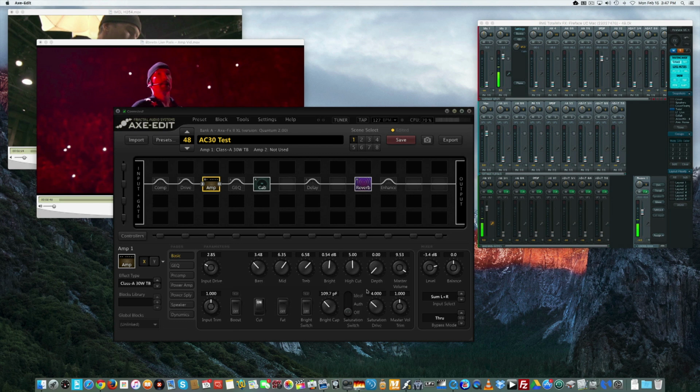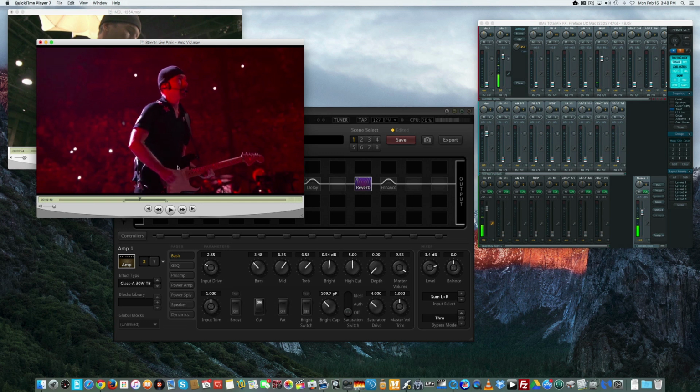And this is what's so great about the Axe, because each one of these, more so by the way the power amp, the power supply, and the dynamics, are other options that you're going to adjust and be able to get even better tone. So what have I done so far? I've decreased some bass because I felt that there was too much bass and muddiness in this core amp model. I increased the mids because if I listen to the G string in the first part of this riff